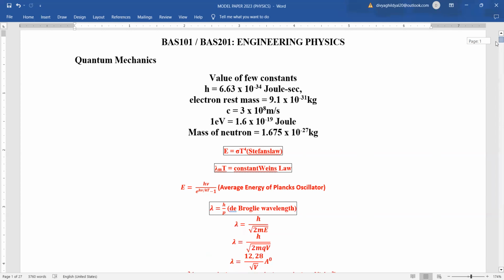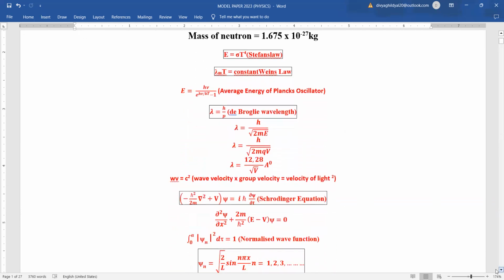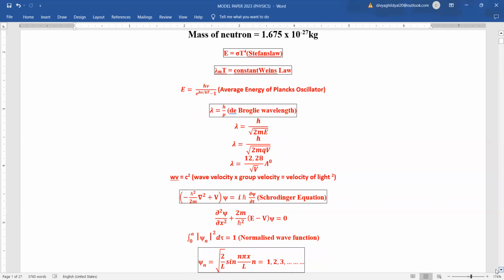Now the formulas. Stefan's law is E is equal to sigma T to the power of 4. Wien's displacement law, lambda m into T is equal to a constant. Average energy of Planck's oscillator, at times they ask to find the derivation of this formula. So E is equal to h nu upon e to the power of h nu by kT minus 1, where